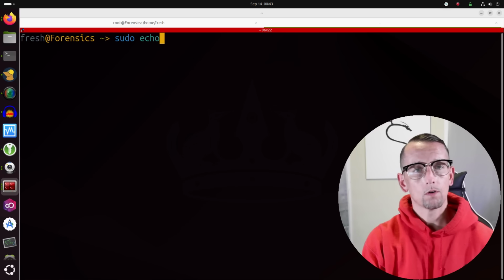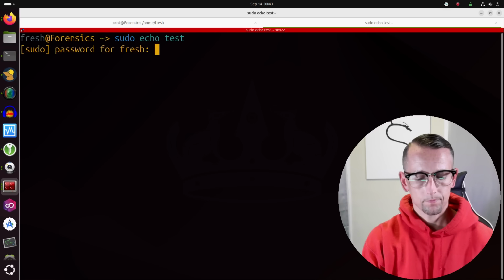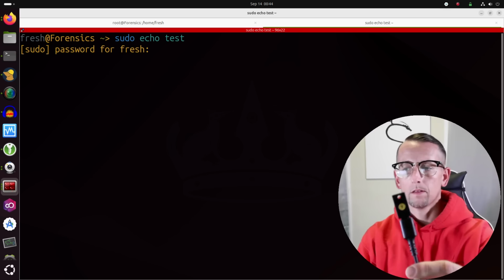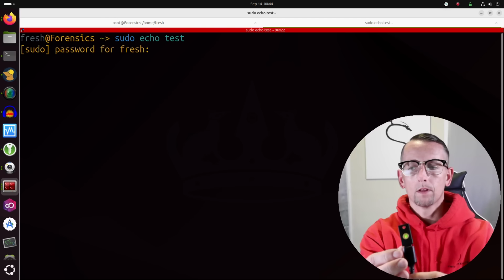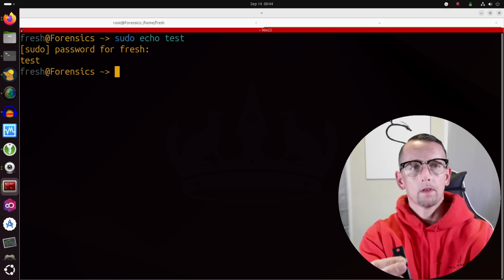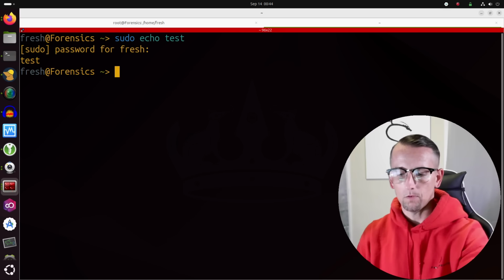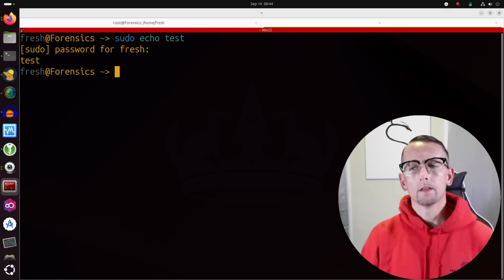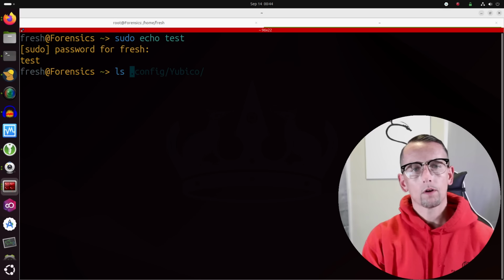We're going to run sudo echo test. We're going to ask for our password. Once again, the YubiKey starts blinking. I'll give it a touch. And our test is successful. So what that means for us this time around is that it is working as it should, but it's working with our new configuration. So we no longer have